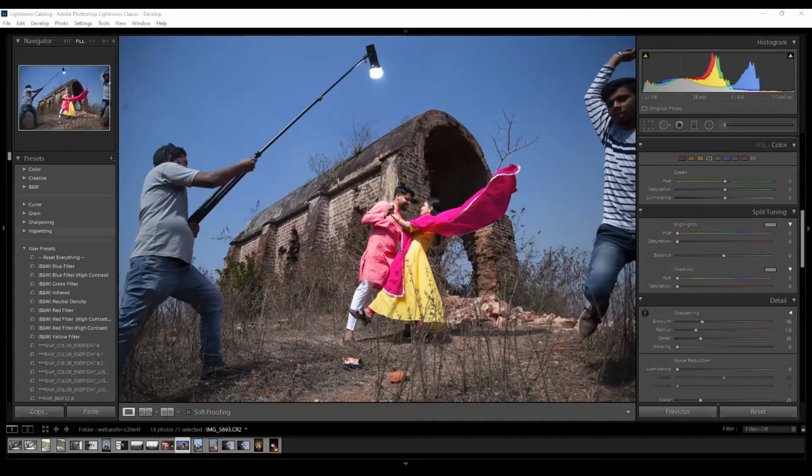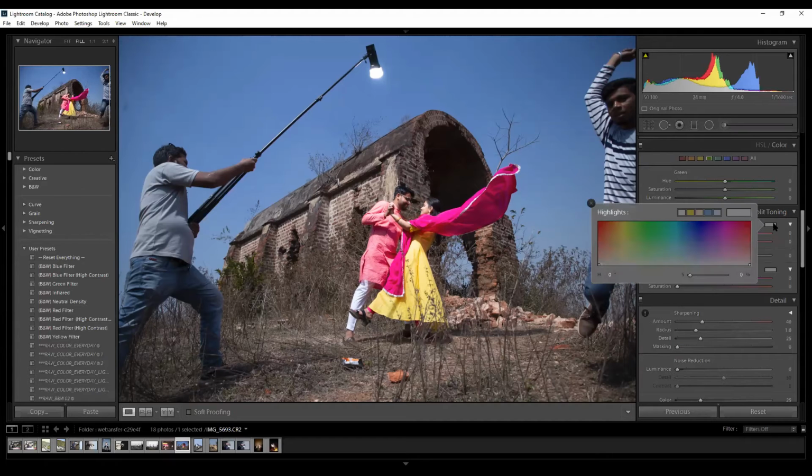Second is the split toning. What is split toning? Split toning is basically a color tone we put on the overall image to create a grading of the image. Basically, it works on the highlights and the saturation, and the balance is to increase or decrease the color. So here we have a simple way to split tone: take a picker and give the desired tone that you want to your image, and it will be clearly visible what kind of color shift it's giving. So it's basically a color shift.